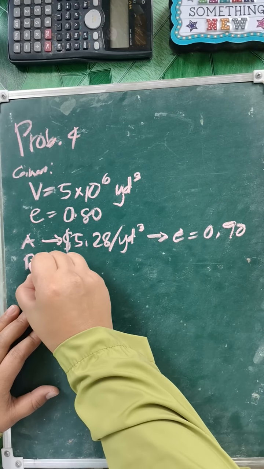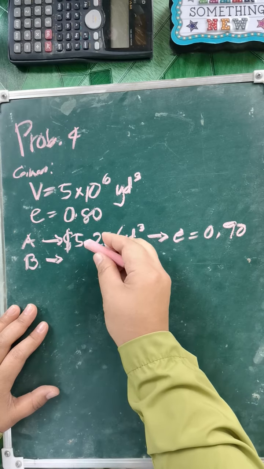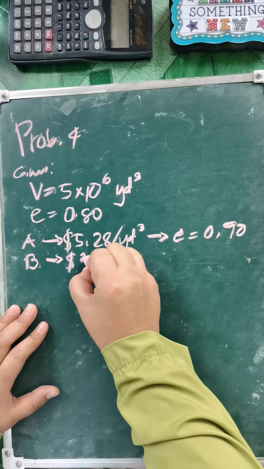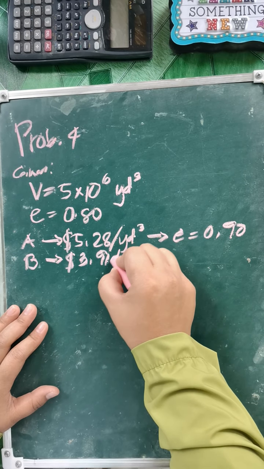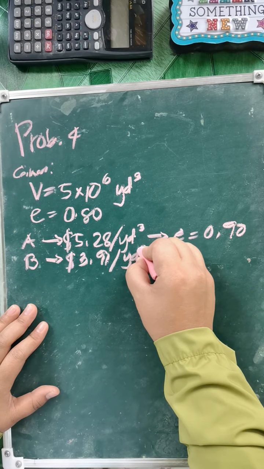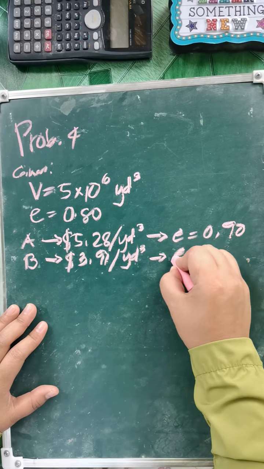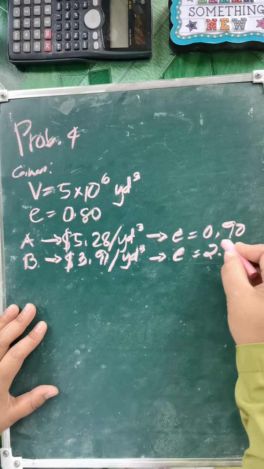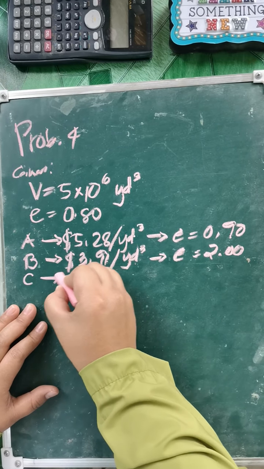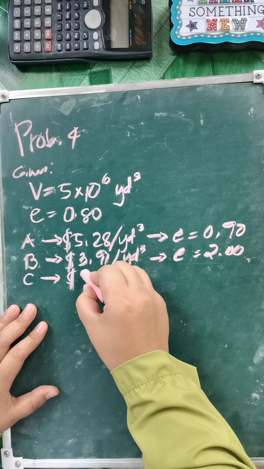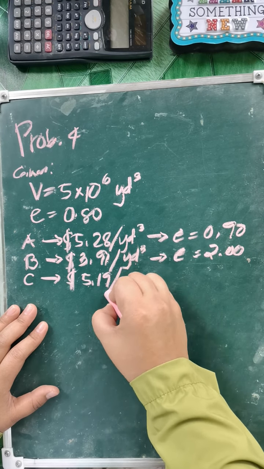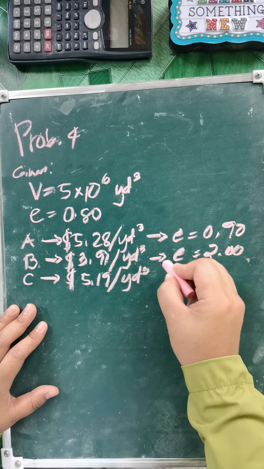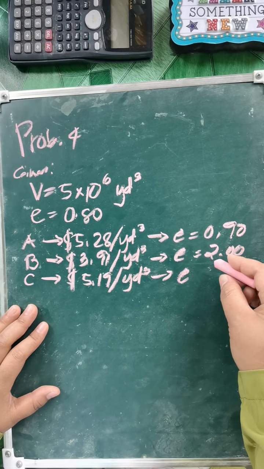For supplier B, we have $3.91 per cubic yard with the void ratio equivalent to 2, and supplier C has an amount of $5.19 per cubic yard with a void ratio of